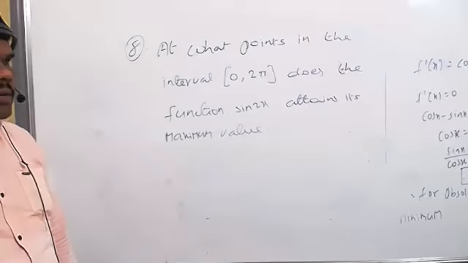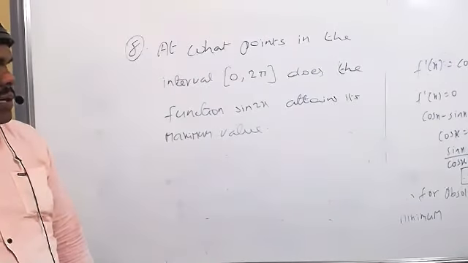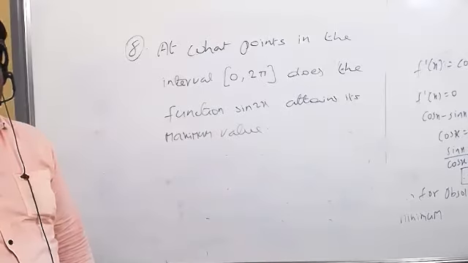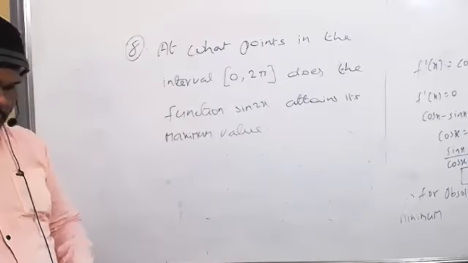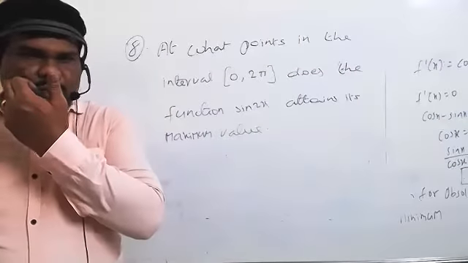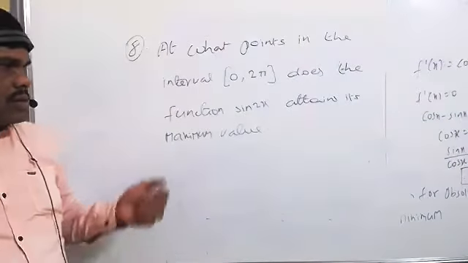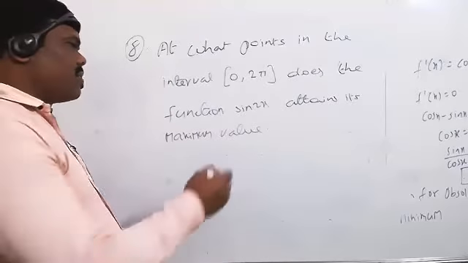We have to find the value, same thing only, but now it is compulsory, because we are not getting just one value here. We get more than one point. Previously we got it at x equal to 0, x equal to 1, and x equal to 2, and we got the values. But in this case we are getting more than one value.